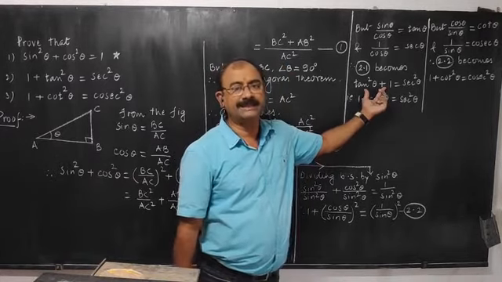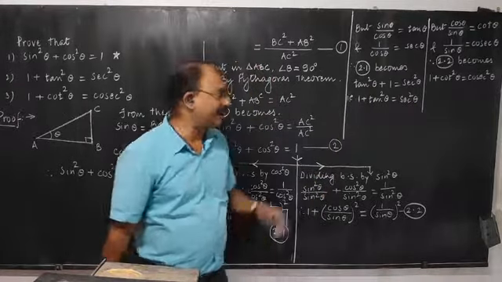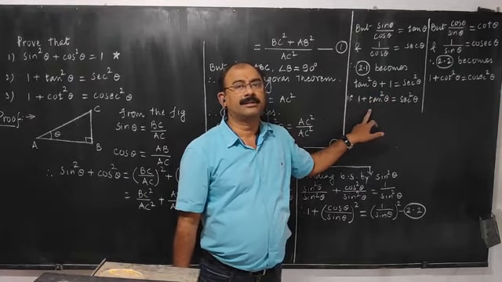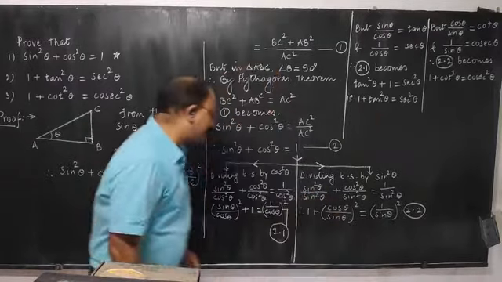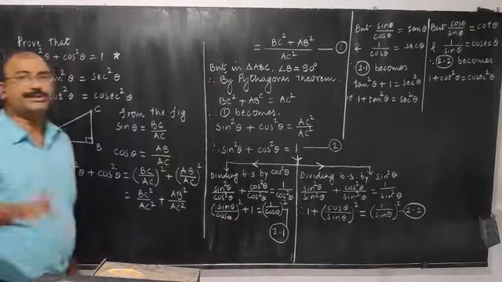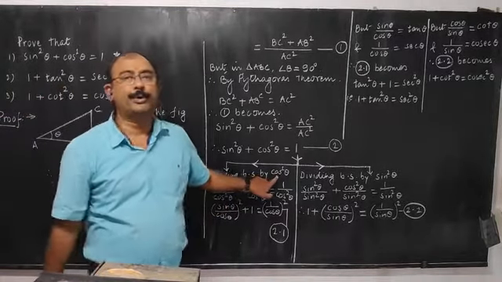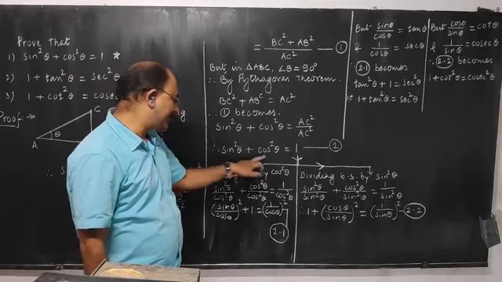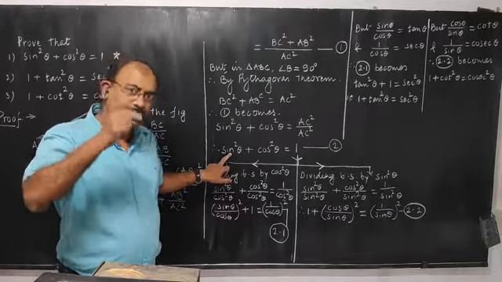But while memorizing this result, we memorize it as 1 plus tan square theta is equal to sec square theta. Theoretically this is also correct, but it is a convention that we write 1 plus tan square theta is equal to sec square theta. So what happened? I followed this path and reached the second result. What I did here was divide both sides by cos square theta, because I wanted tan square theta. And how can we get tan square theta? If you get sin square upon cos square.